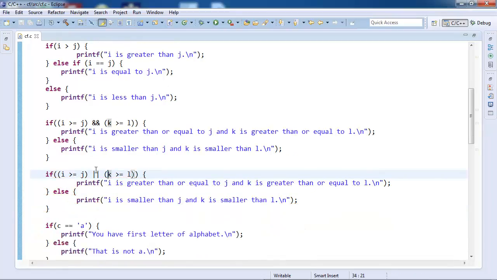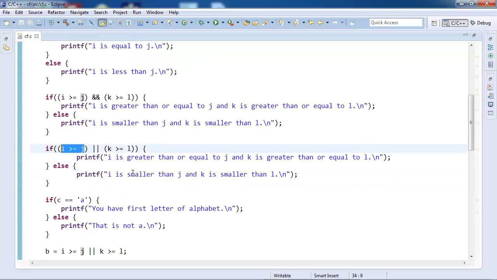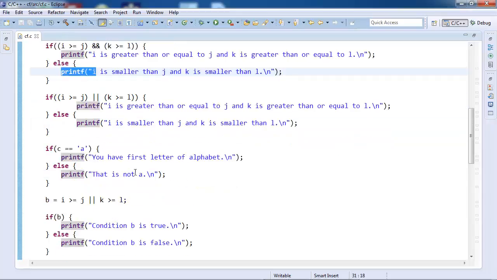Now, you note the logical AND is replaced by logical OR. This is also a short circuit evaluation case. So, if i had been greater than j, that is true, then this would make the entire expression inside if true. But since this is false, it will try to test whether k is greater than or equal to l or not. And so accordingly it will print the statement, that is this one. In both the cases else is printed.